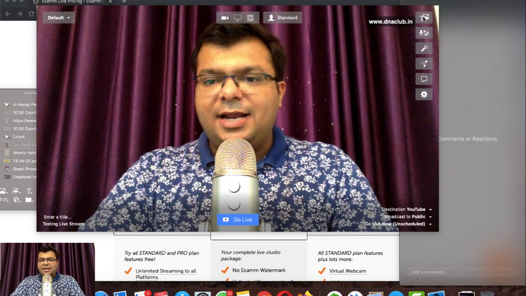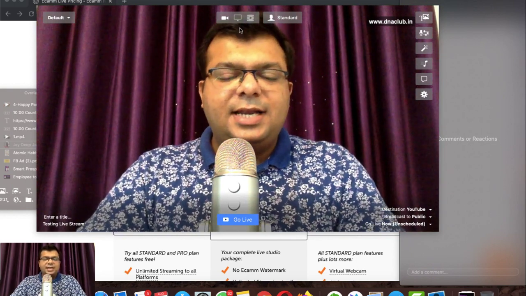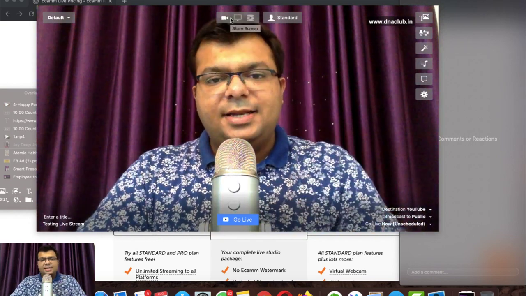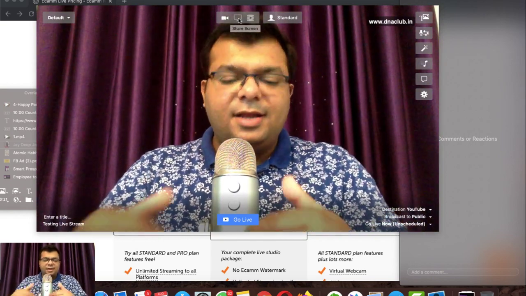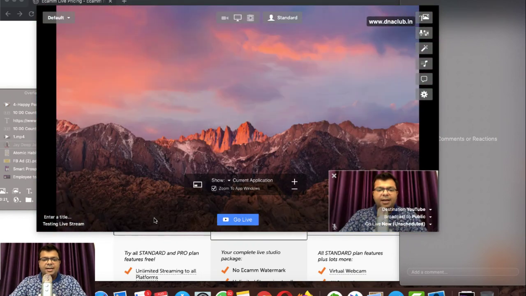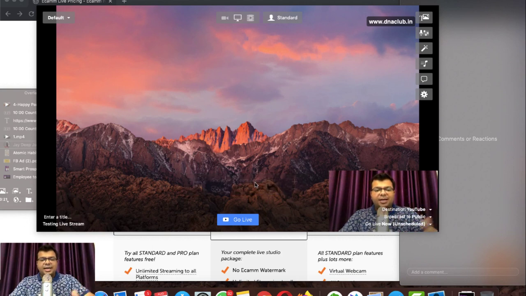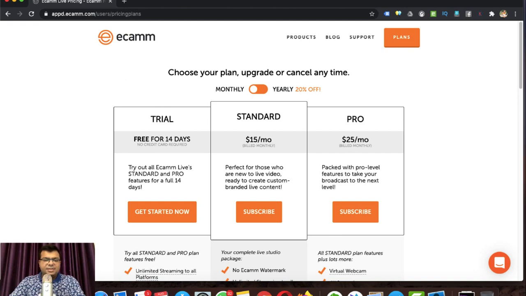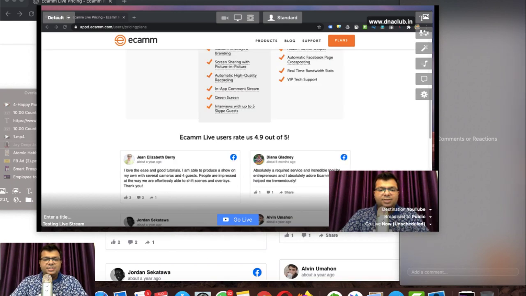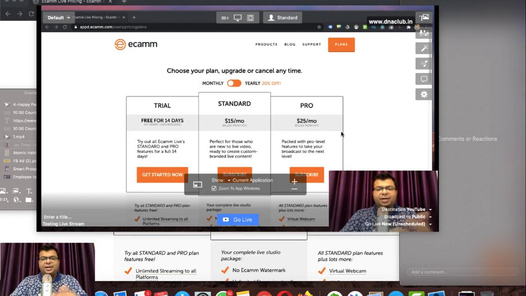And now we have just covered all these things. Next, let's see, there are 3 buttons here. This is the video mode. You can see my video, and the next mode is shared screen. If in real time I want to share my screen, then I can click here, and it is giving me the option to show the current application, whatever the current application in the background. If I click on this screen, this browser, then this is my current application which I'm using. So I can use this, and the same will be shared.